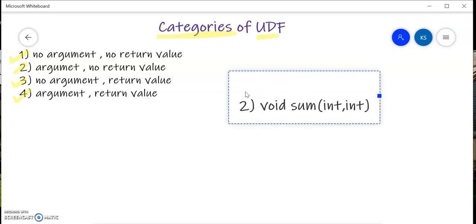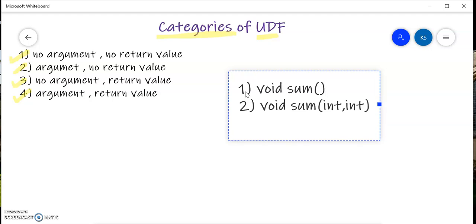Now the first category, what is that? No argument, no return value means something like this. This function does not have any parameters, and it is not returning anything. In the third case, no argument but return value.